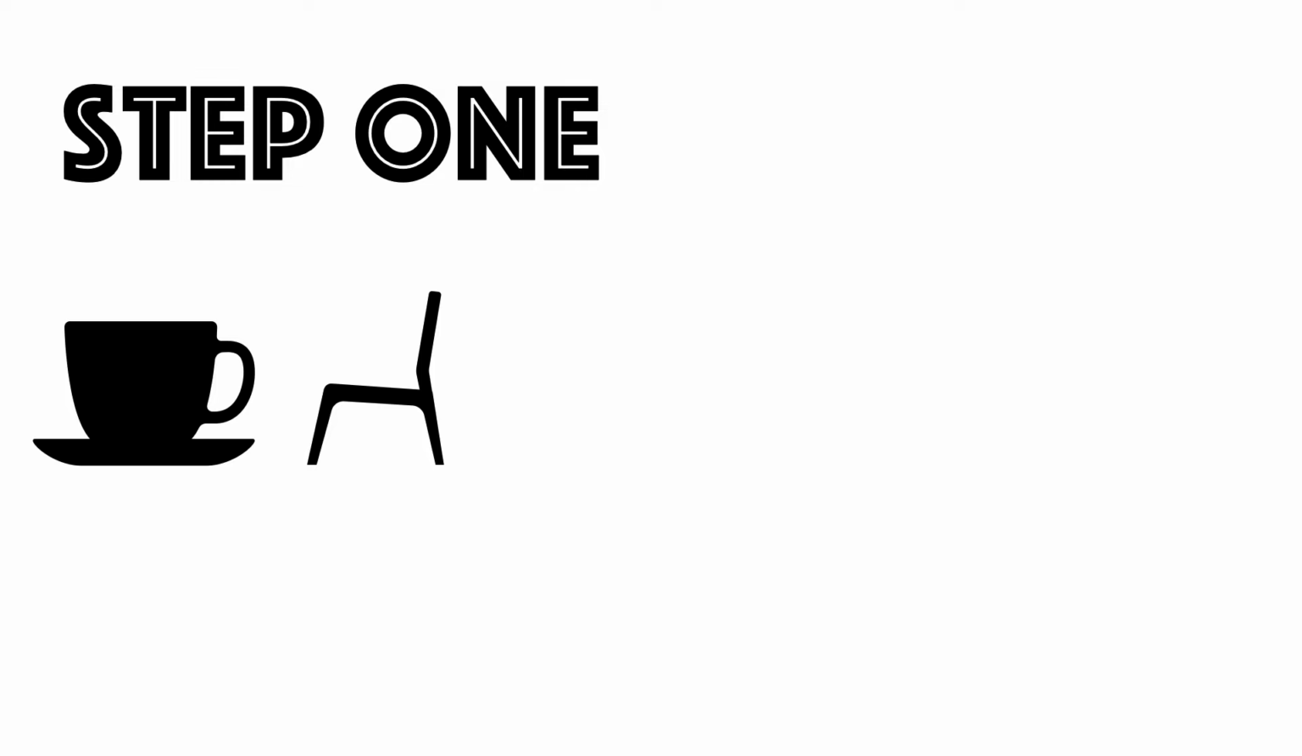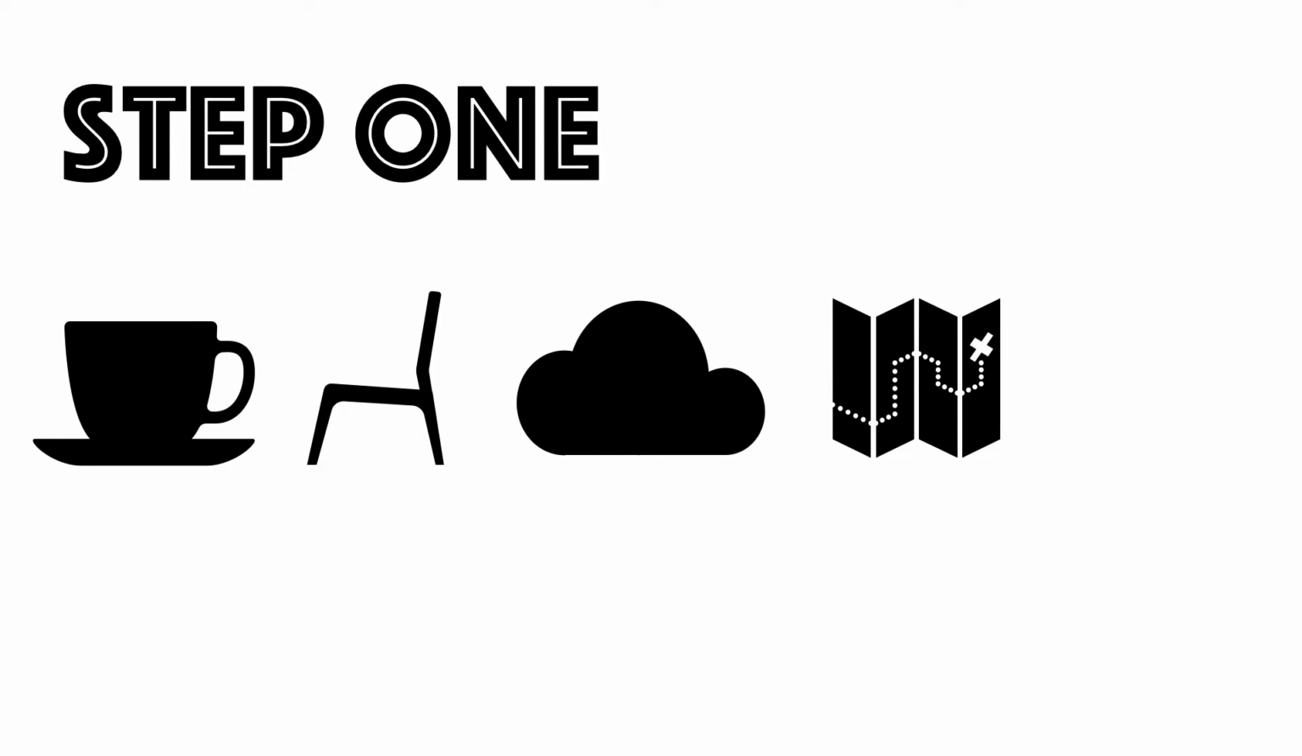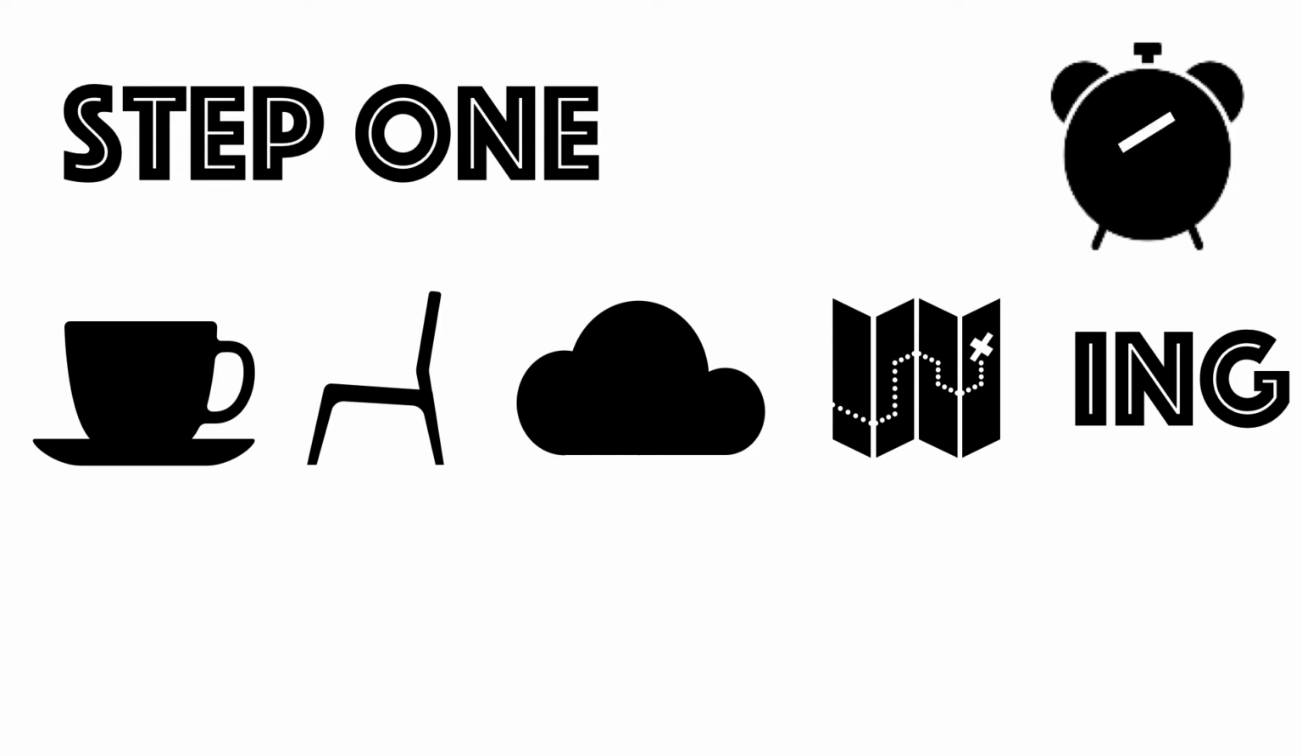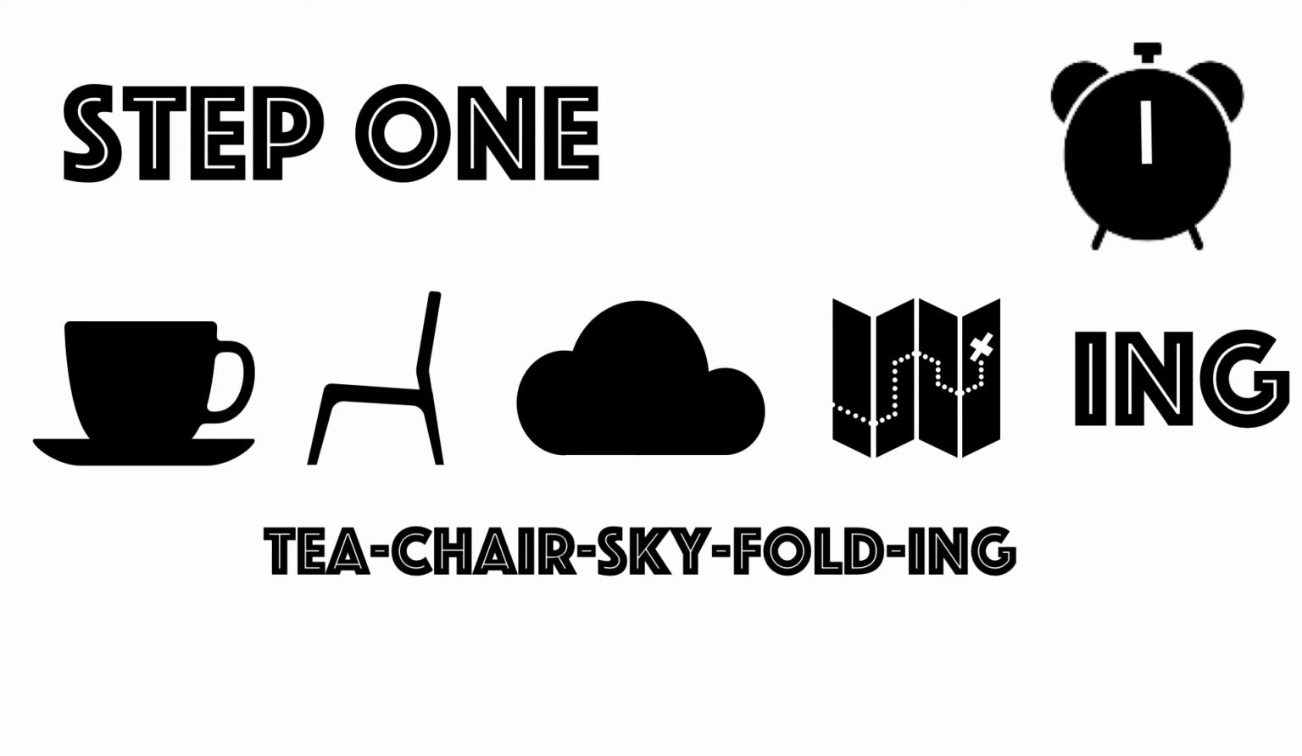Step one is T, chair, sky, a folded map, and ing. What does that mean? I will give you some time, around 10 seconds, to guess what the answer is. Again, T, chair, sky, folded map, ing. 5 seconds left. 3, 2, and 1. Time's up. So if you haven't gotten it yet, the answer is T, chair, sky, folding, or